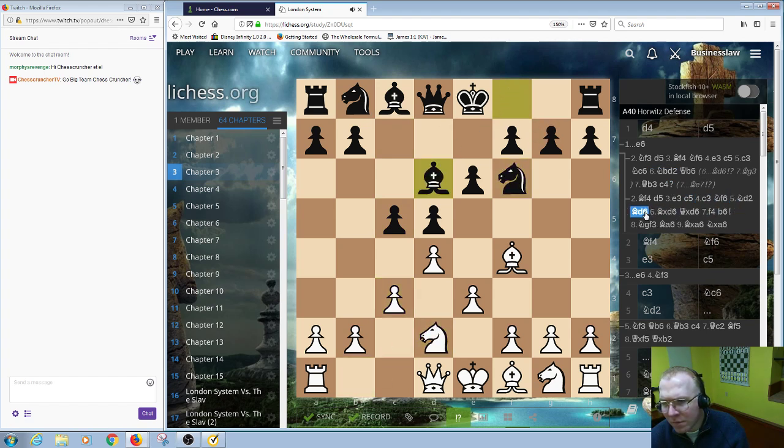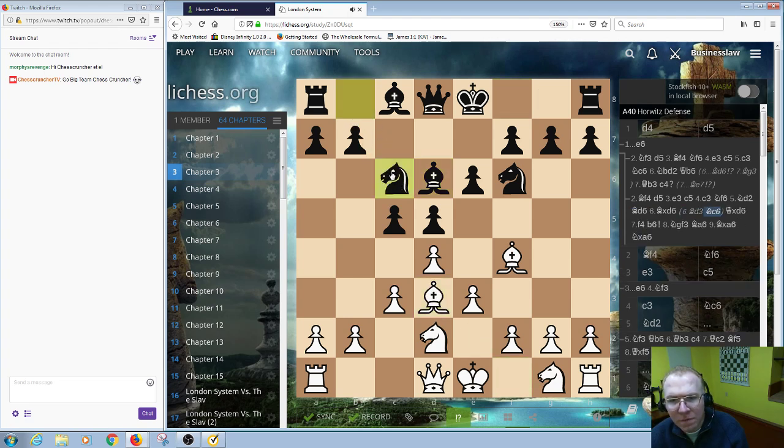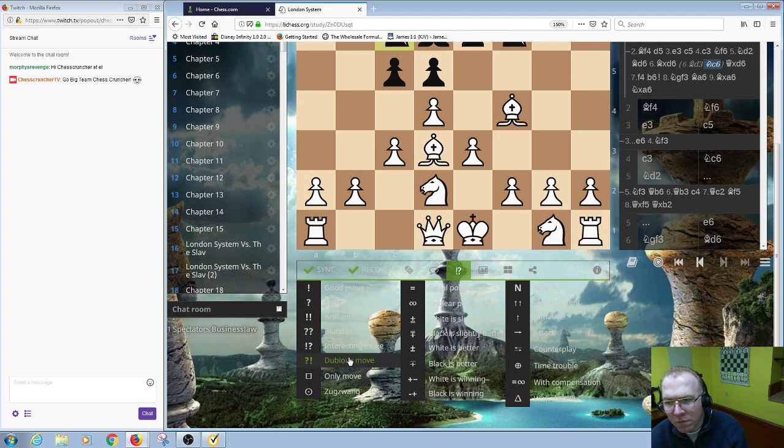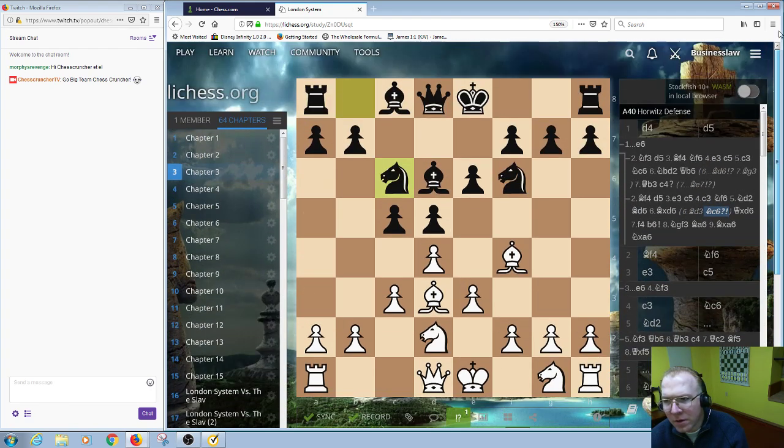Here, bishop there. Let's say we play bishop here, and then he drops his knight. Now this would be a slight mistake here. This would be a dubious move, in my opinion. You wouldn't want to play this, because you lose the opportunity. It takes 2 moves to trade off your light square bishop, and at this point you could take, bishop takes,